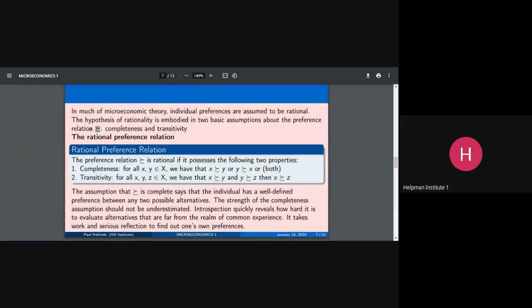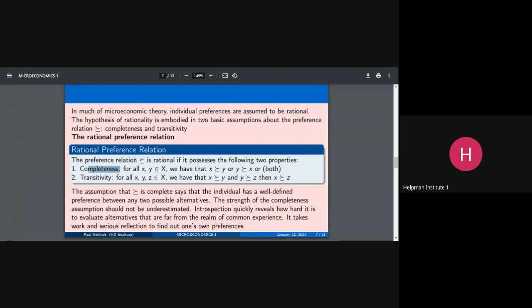All right. So whenever we take preference, are we saying all preferences are rational? No. There are rational preferences and there are irrational preferences. So we can classify our preference into two: rational or irrational. When we say a preference is rational, it means it satisfies two axioms. The first axiom is completeness, and the second axiom is what? Transitivity. So our preference must be transitive and complete before we can say a preference is